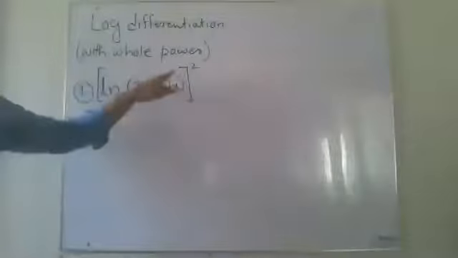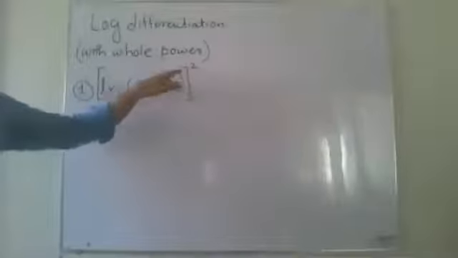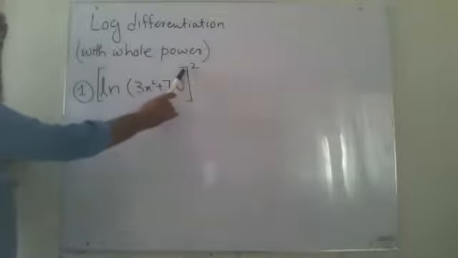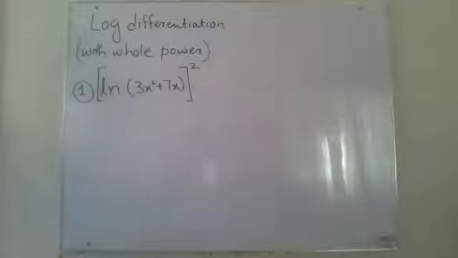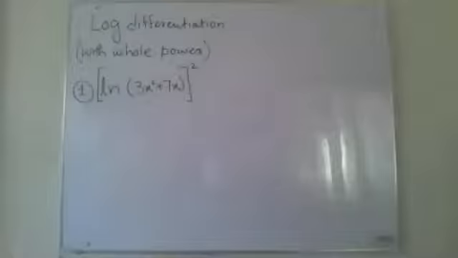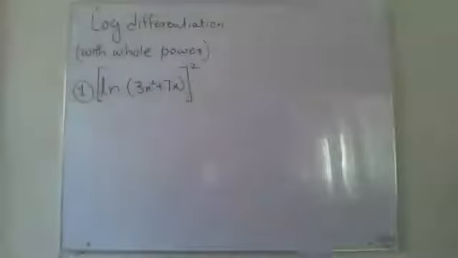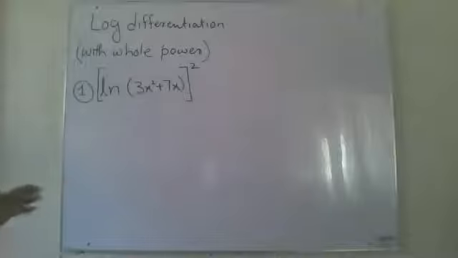If I had to write the power only on the multiple, I would write the square right over there, not like this. Then it means it is only on the multiple, it is not on the whole thing. Secondly, log will not have a whole power alone, like ln square and then this thing. No, that is not part of our syllabus. If we are going to have that thing, then we have to do it in some other way that I will tell you also, but right now we are not going to have that thing.